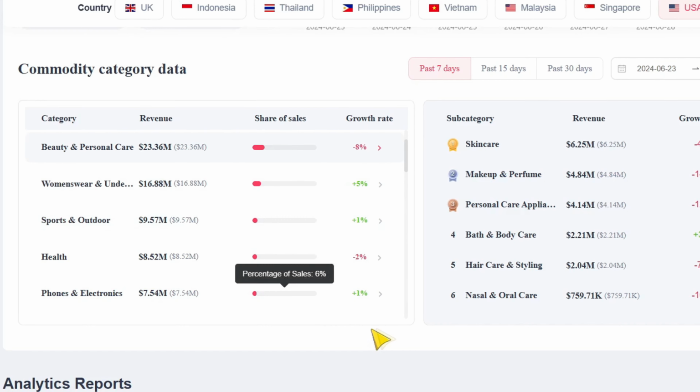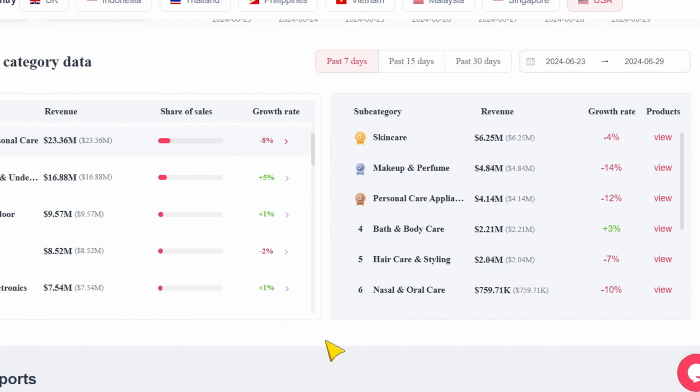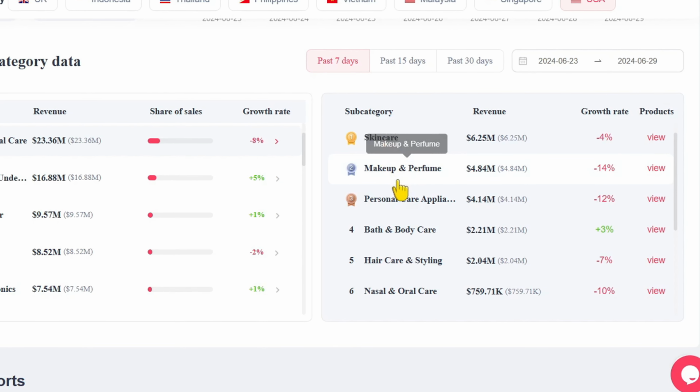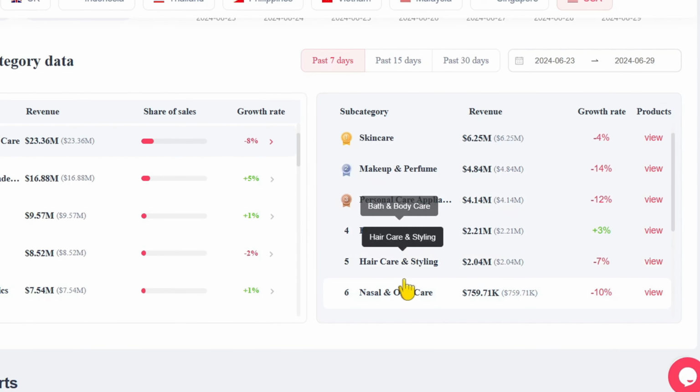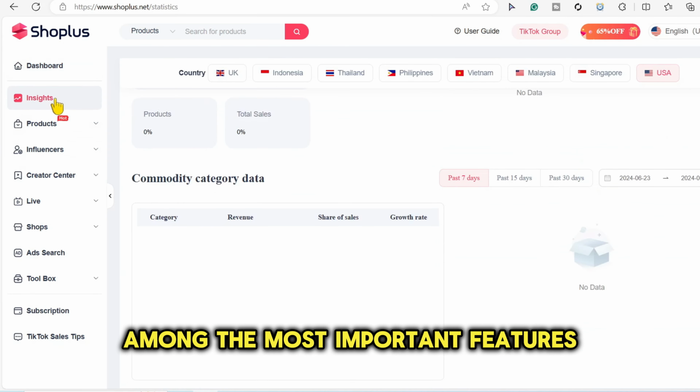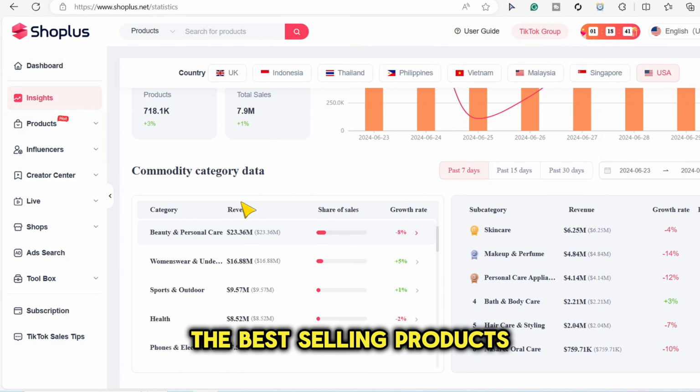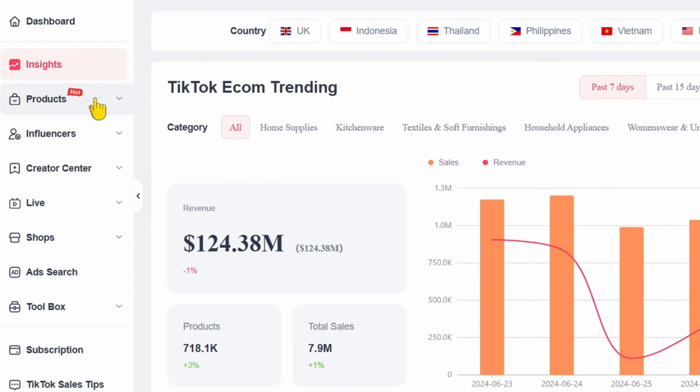Next to them, we find the growth rate, and on the opposite side, we see the subcategories listed in order. These statistics will greatly help you choose the right niche. Among the most important features that will help you choose the best-selling products in all fields, we click on Products